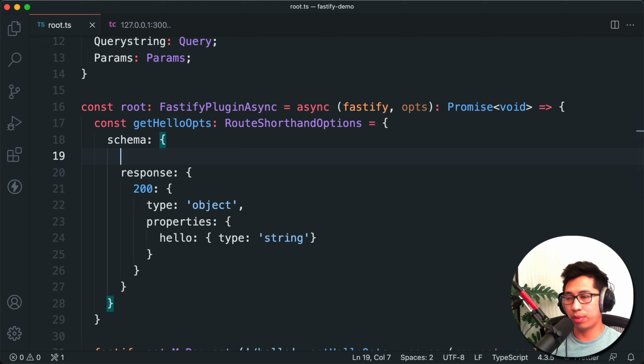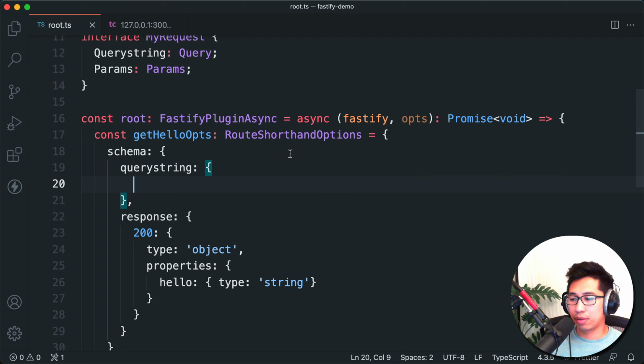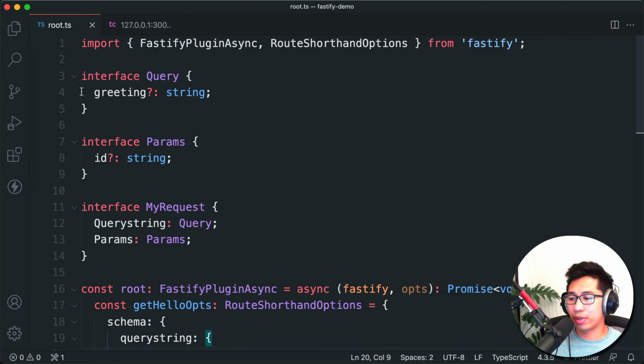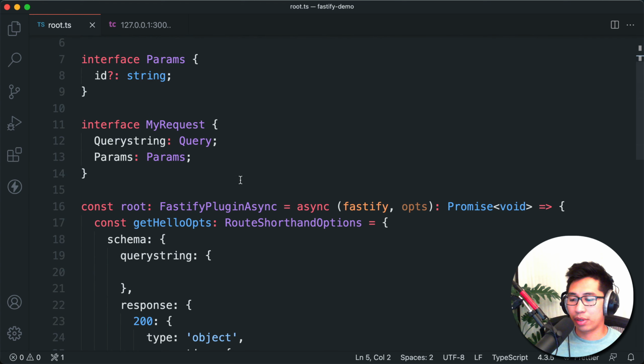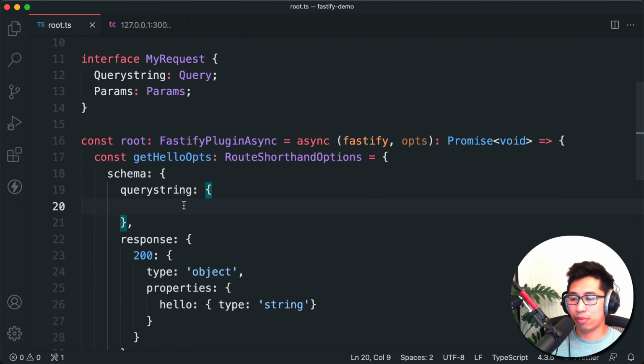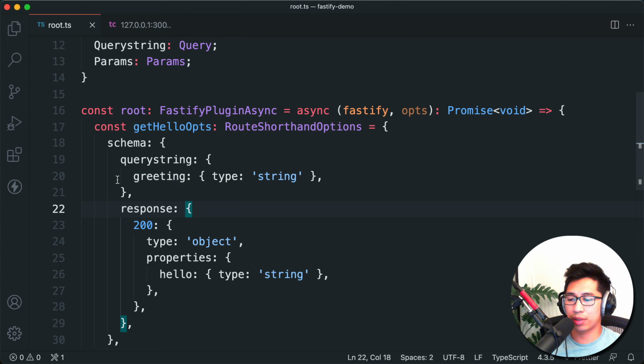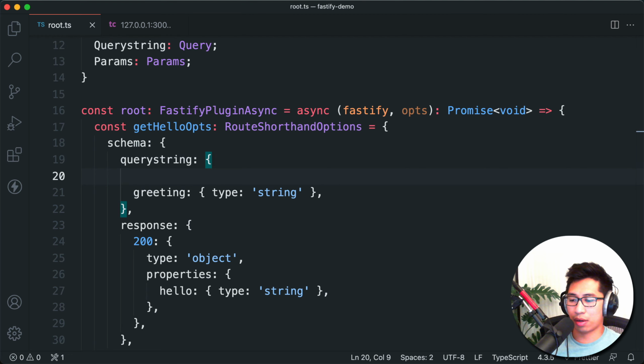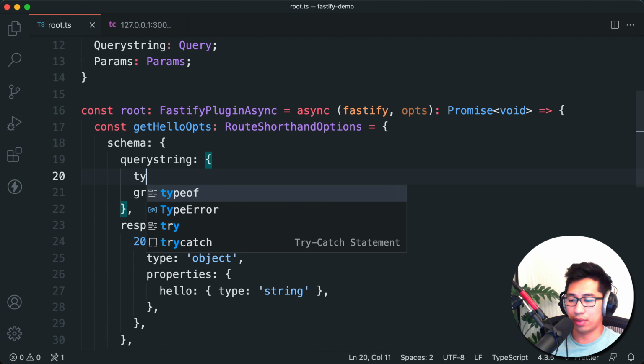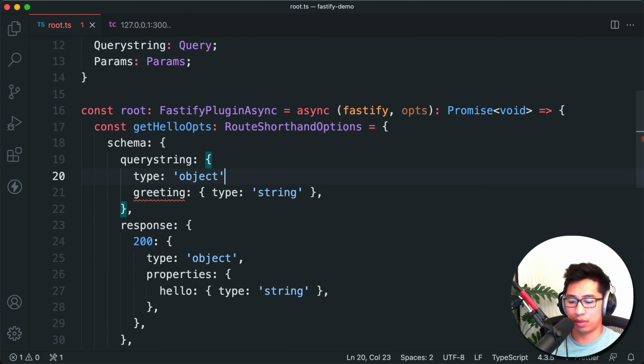So for example, if we were to define query string here, so if we were to try to represent what we had before, right? We had an optional greeting query string. How do we represent that in here? Well, we just put greeting, and we can do type string. All right, so there's your query string, the greeting of type string. So this is supposed to be sort of your simple syntax. You can also do it in a slightly different form by kind of similar to what we have here, where we have type object